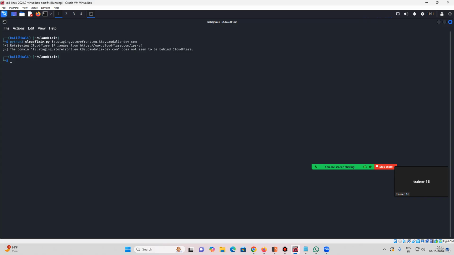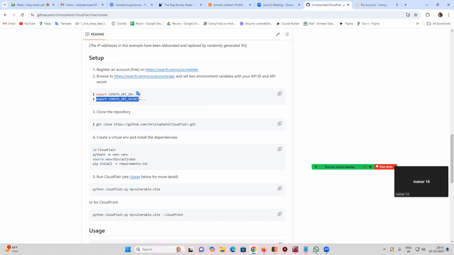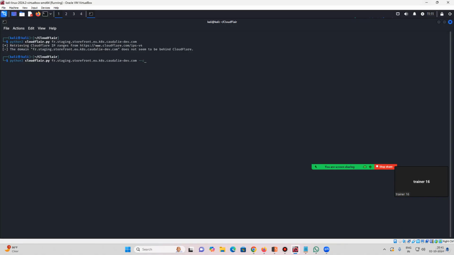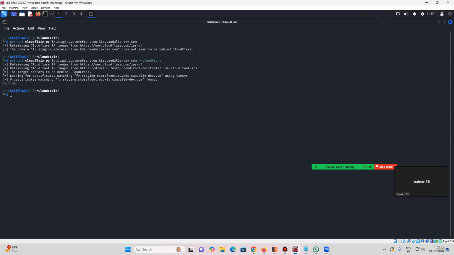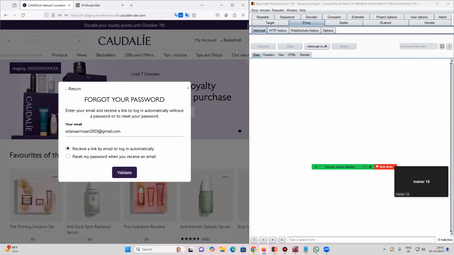It says it doesn't seem to be behind Cloudflare, it could be behind CloudFront. So for CloudFront you need to do like this, CloudFront. It says it's getting, but there are no certificates found for this particular thing, so yeah, we can't get the origin IP of this particular thing. Now if I click on forgot password, it says receive a link by email to log in automatically,